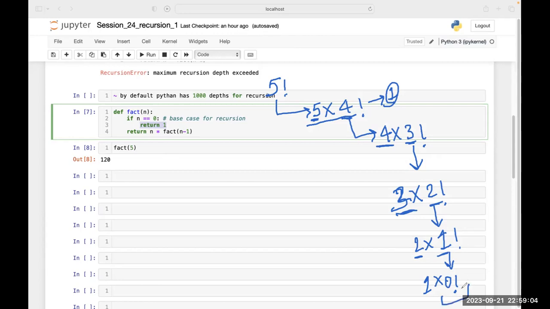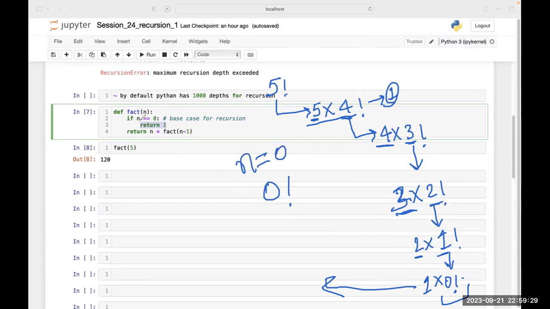Do you understand till here? Now, when it reaches this 0 factorial, this is very important. When it reaches this 0 factorial, it is again checking. What is the value of n this time? 0.